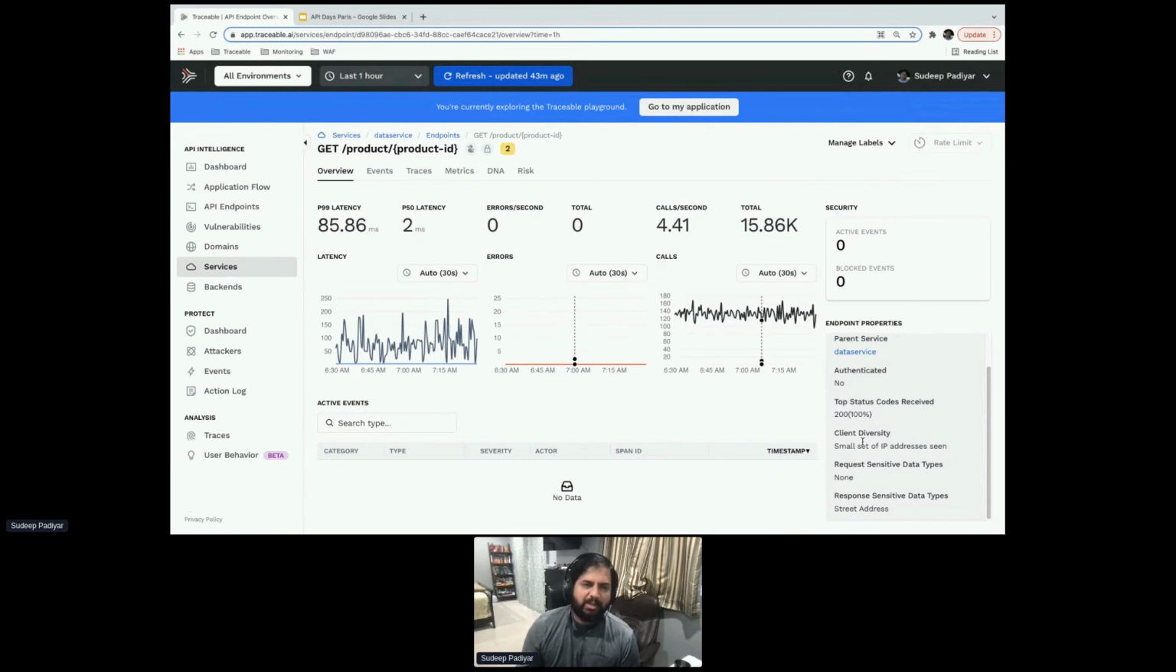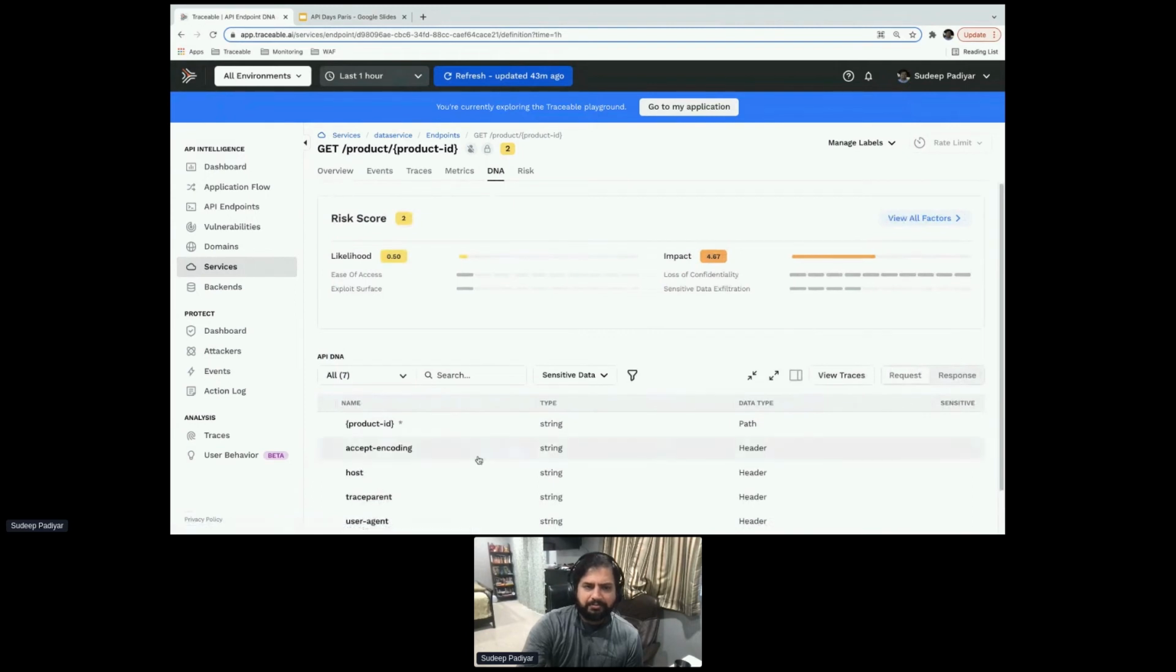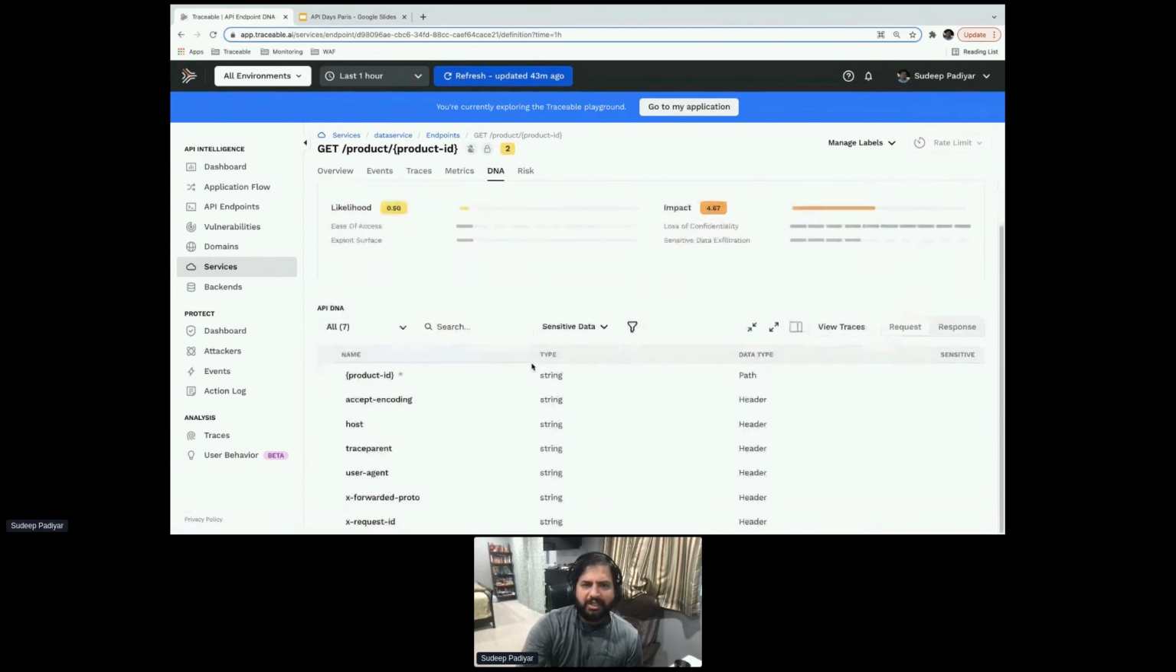As in, are they coming from a single geo? Are they coming from multiple geos? Over a period of time, the kind of users who are accessing this endpoint is something that you can start surfacing. And then if you get into the DNA, this is where you will see all the details of the API